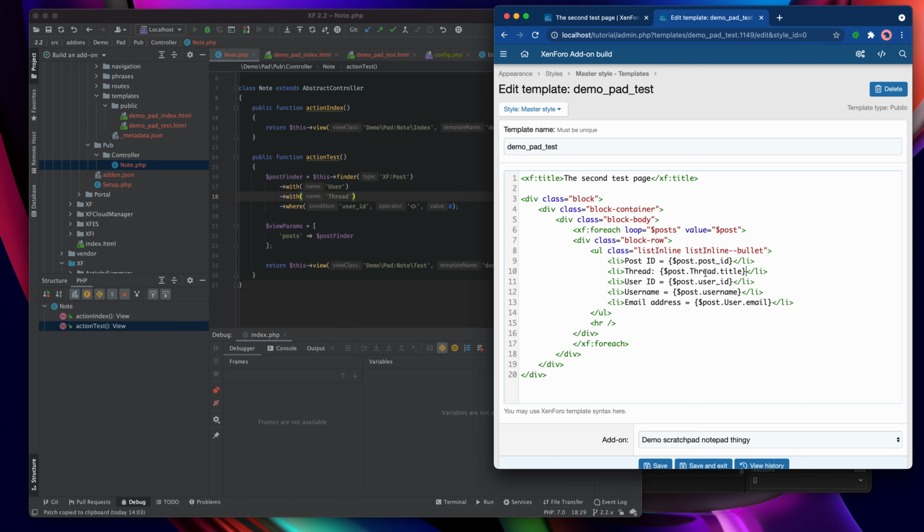The entity system allows you to get around that hideous problem that you often find when you're working with data that's been returned from a database in a regular system, where you don't know whether the title has come from one table or another unless you've specifically aliased it in your query. With entities, you don't have to. It automatically creates these objects and assigns the correct title to the correct thing.